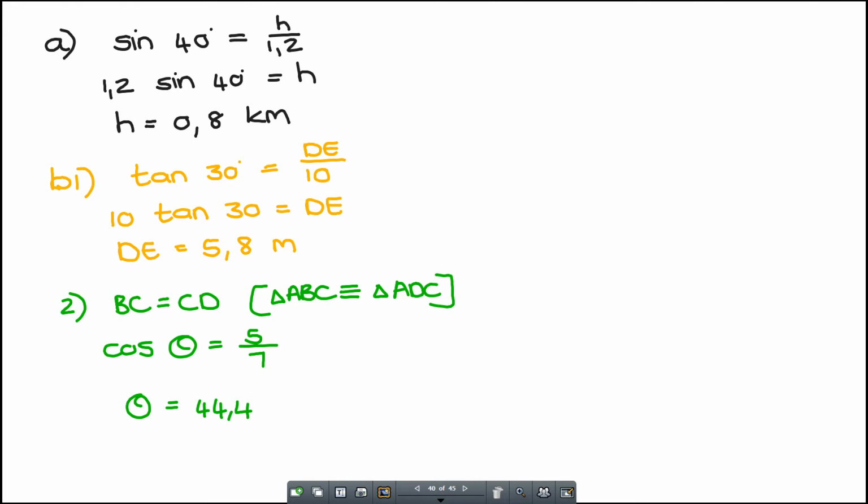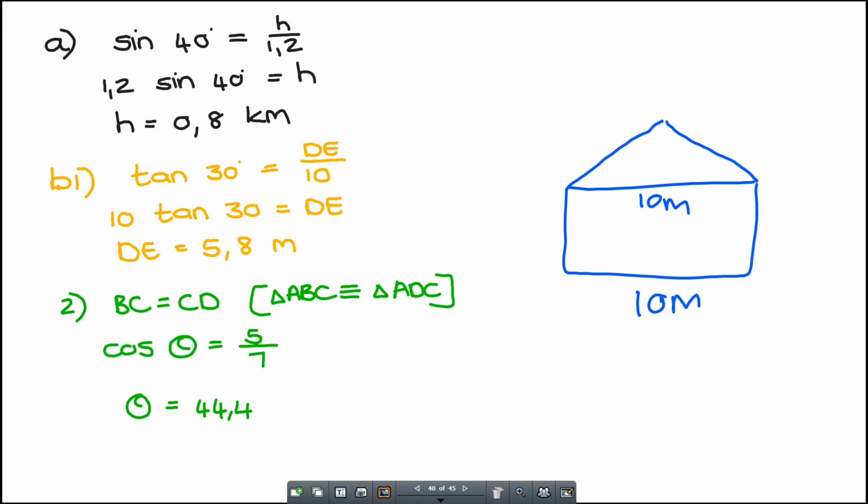Now, in that sketch, I'm going to quickly draw it for you, just roughly. They said it was a house, right? And this was 10 meters. So then I can assume that that will also be 10 meters. Okay, then we had the roof, and they said that was a 90 degrees angle, and this one is